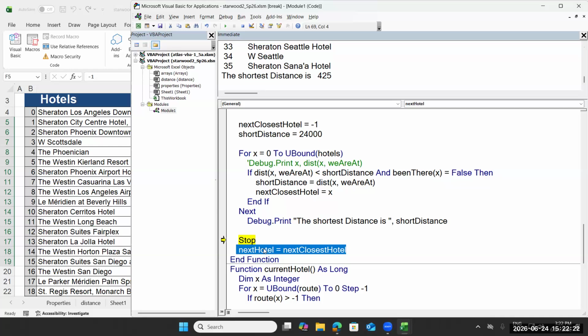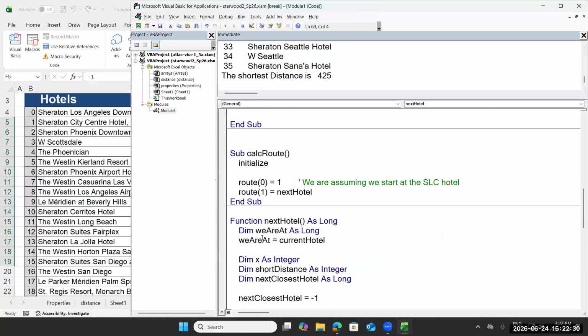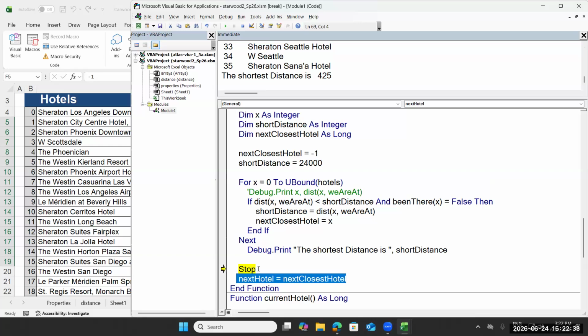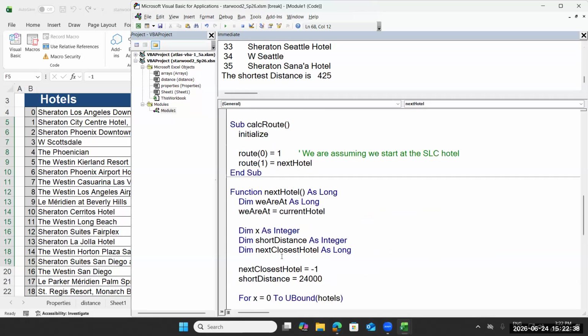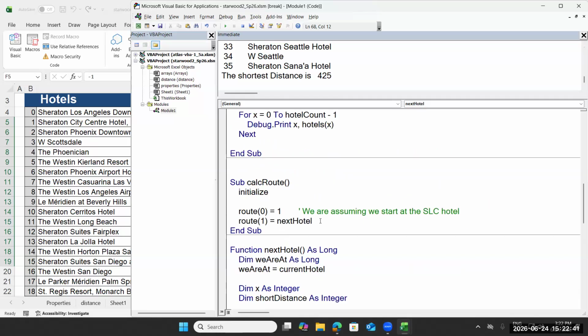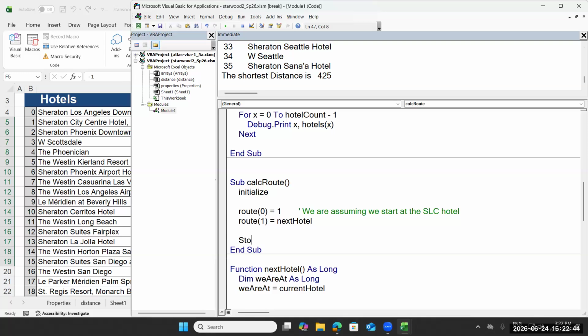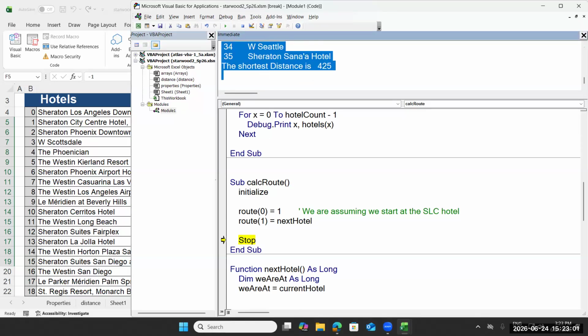Not bad. Are we there yet? Let's try it. I'll keep this stop. I'm going to remove the stop, because I want this next hotel to be sent back to route 1. So I'm going to put a stop in my calc route, and I'm going to run this. And I'm going to see what this next hotel returns and puts into route 1. Does that make sense? So now I'll just run this, and I'll come up to my immediate window, and I'll say